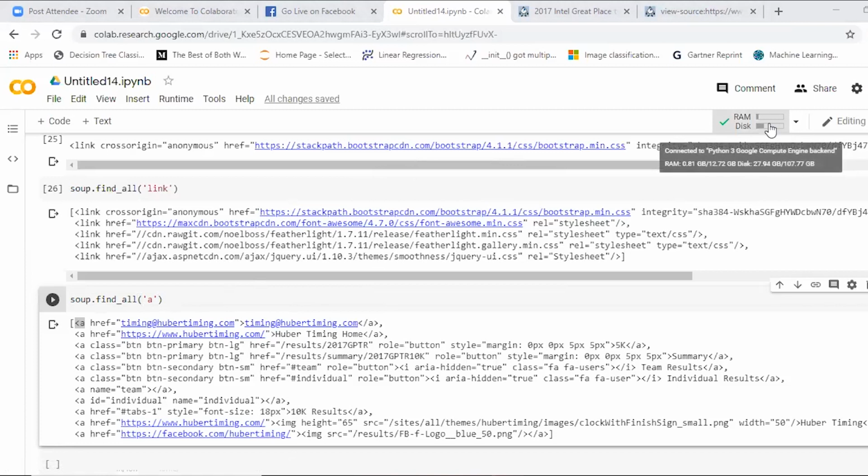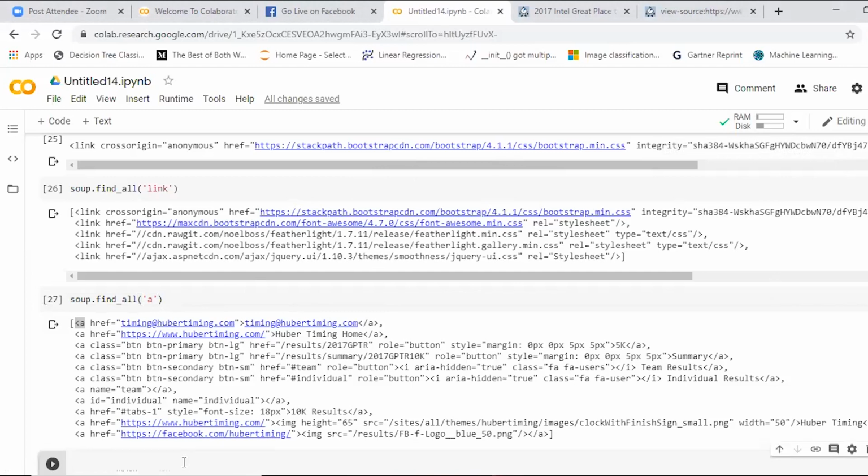You can see it is giving you RAM 12.72 GB and disk space is around 107 GB. First, we'll save it as an .ipynb file, because we'll extract that as a data frame. We'll discuss at the end, Nikhil.